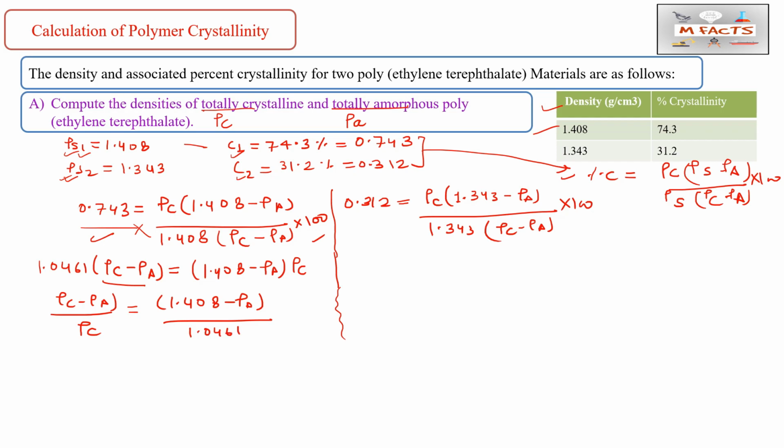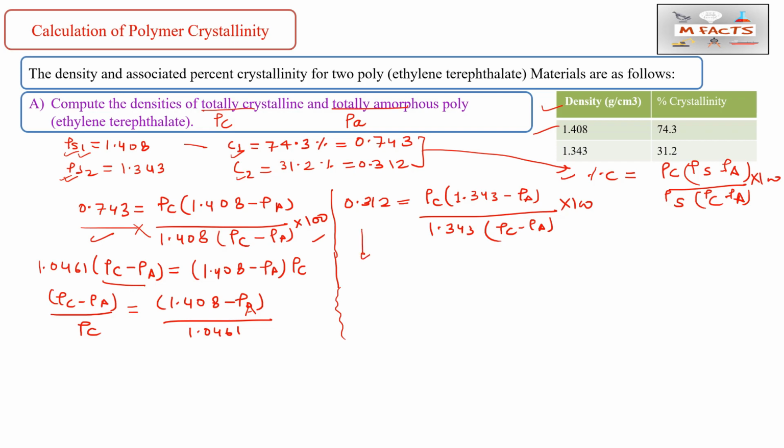Okay, so there may be another route that may be possible, that is an easy route. If that is easy, you can follow that route also. If you feel that this route is easy, you follow this route. So this rho C minus rho A upon rho C we calculated for the first sample. Similarly for the second sample we will do, and you need to calculate your own. I am writing directly here.